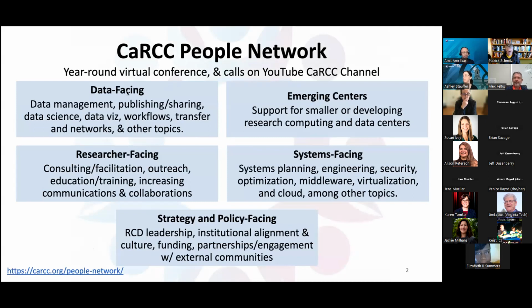There's a data-facing track, mostly focused on people interested in data management. Emerging centers is for people who have smaller institutes, a smaller footprint in RCD and growing, or whose center is developing. So that's your track to go to. Researcher facing is if you do facilitation, consulting, outreach.